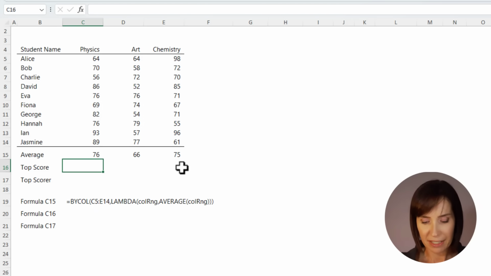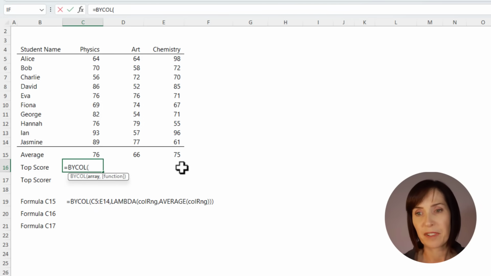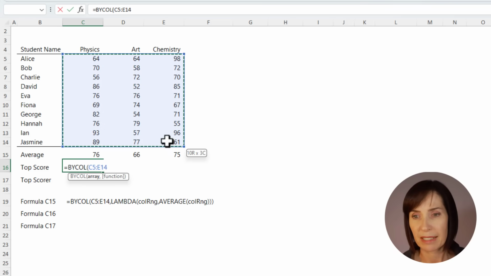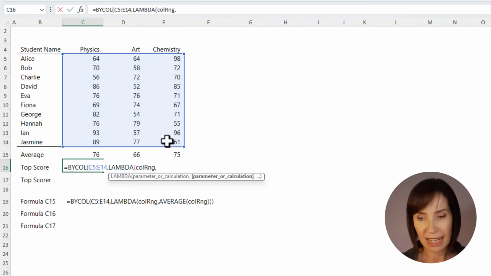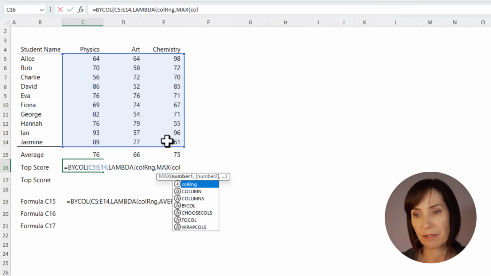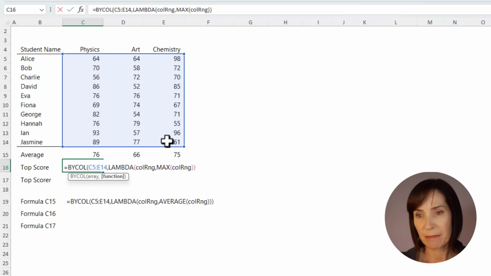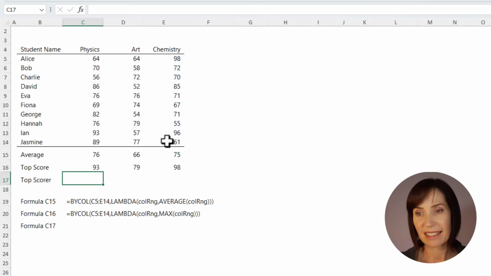Let's do something slightly different. We'll use BYCOL again to find the maximum score. So again, we're referencing the columns. We need to pass it to Lambda, and we need to give those columns a name. And here we want to find the max of the col range. Close max, close Lambda, close BYCOL, press enter, and it spills. Pretty cool, but let's say we want to find the name of the student who got the top score. Well,